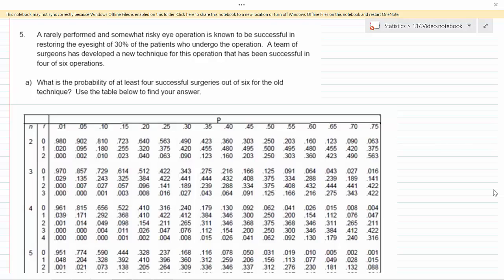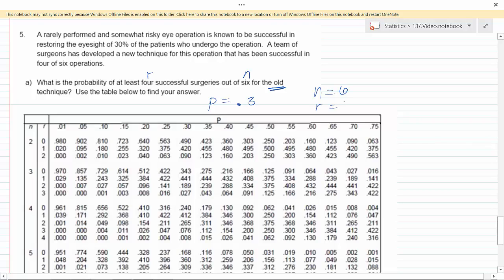In part A, we're asked, what is the probability of at least 4 successful surgeries out of 6 for the old technique? So the old technique is the one that is successful 30% of the time, and we're looking for R successes out of N trials. You'll notice below I've given you a binomial probability table. So we're saying N is 6,